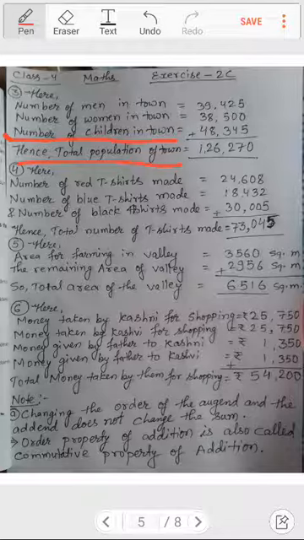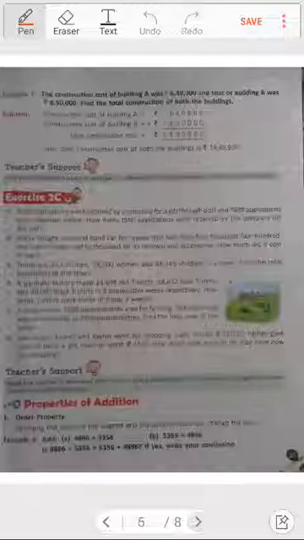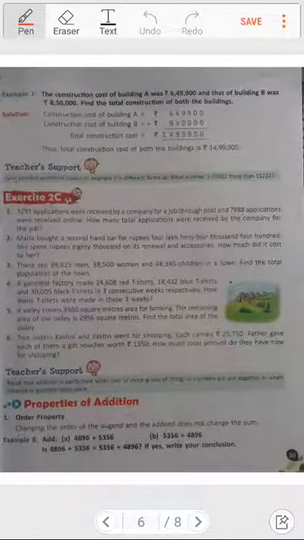Total means add. So 5 and 5 is 10, 0 carry 1; 2 and 3, 3 and 4 is 7, no carry; 5, 4, 9; 9 and 3 is 12, 2 carry 1; 9 and 1 is 10, 10 and 8 is 18, 18 and 8 is 26, so carry 2; 3 and 2 is 5, 5 and 3 is 8, 8 and 4 is 12. So as you can see, I had written 12 at last, because after that there is no number, so no carry over. So it becomes 1,26,270.